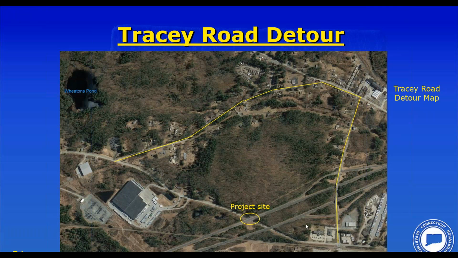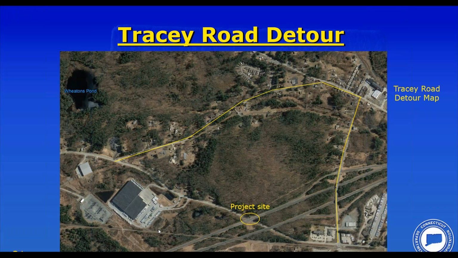So here's Tracy Road underneath. We're looking at a detour from this point to this point. For cars, if they were trying to take this road, they would have to go this way, as opposed to the great discussion we had before about how many cars go from one side of the bridge to the other. The answer is very few, but this is a more realistic approach looking at a detour, what a typical